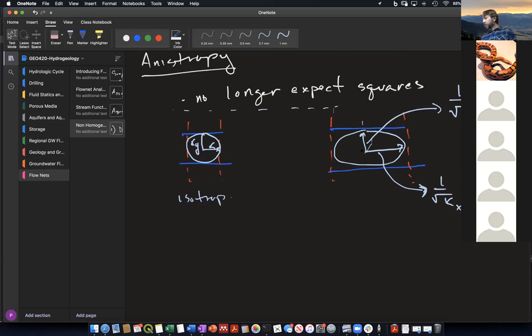That pretty much covers our flow net analysis. And so for the rest of class, at least for the next half an hour, I want to start working on this Stream 2 lab. So I'm going to